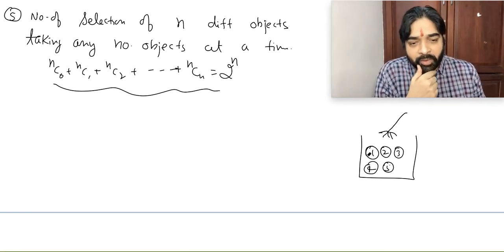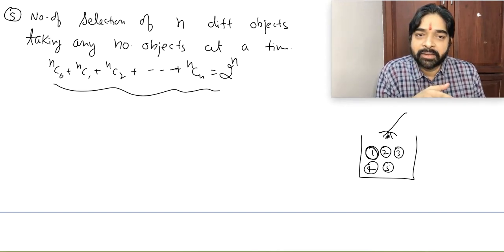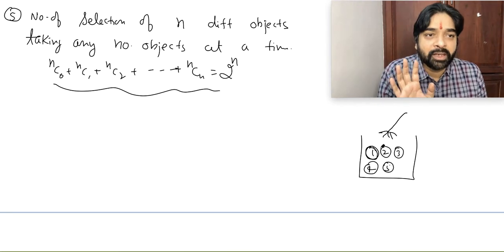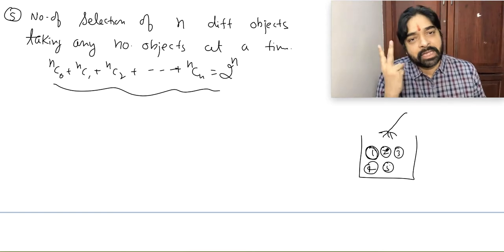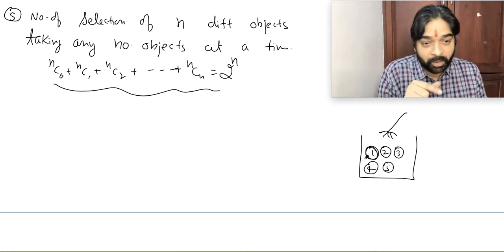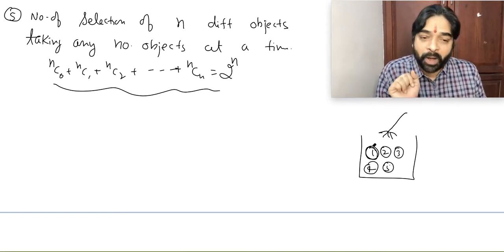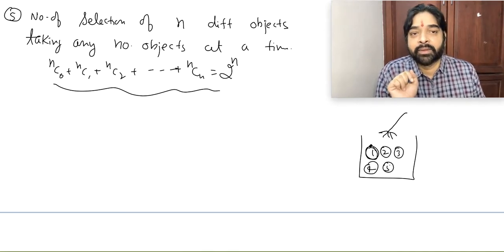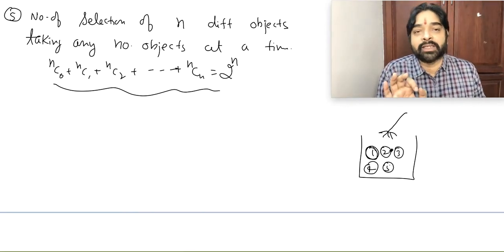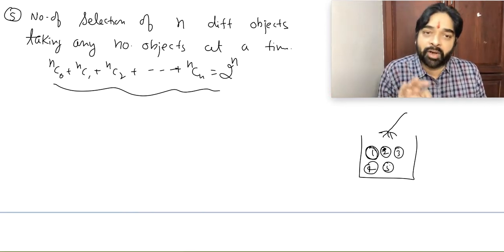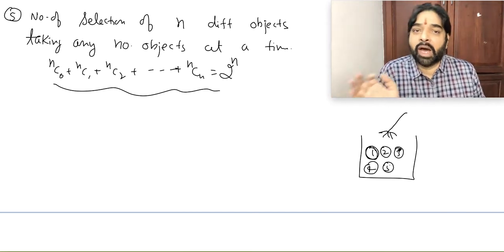So this one coin, is it necessary it will go in my hand? No, it's not necessary. It may go, may not go. Yes or no? Because they did not mention how many coin you are selecting. Maybe you are saying that I will select 2 coin, and 2 and 3 came. One may go, may not go. So one is having how many choices? Either it will go or it will not go. 2 is having what choice? Either it will go or it will not go. 3 is having either it will go or it will not go.